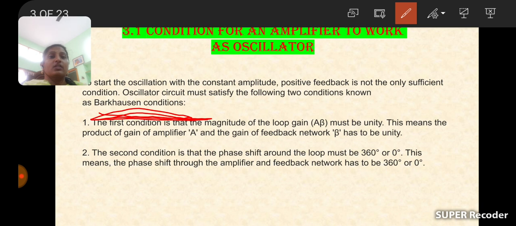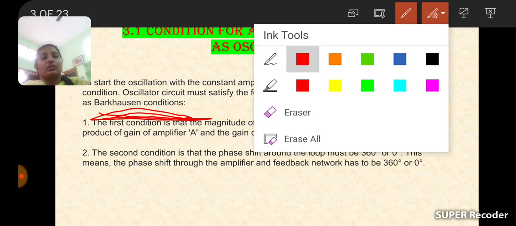The first condition is the magnitude of loop gain must be unity, the product of gain of amplifier A and gain of feedback network beta is to be unity. And while coming to the second condition, the phase shift around the circuit must be equal to 0 or